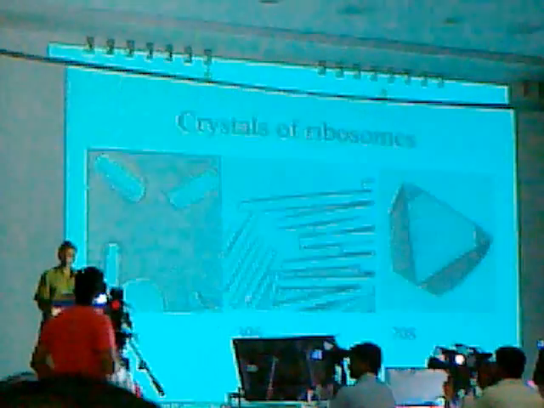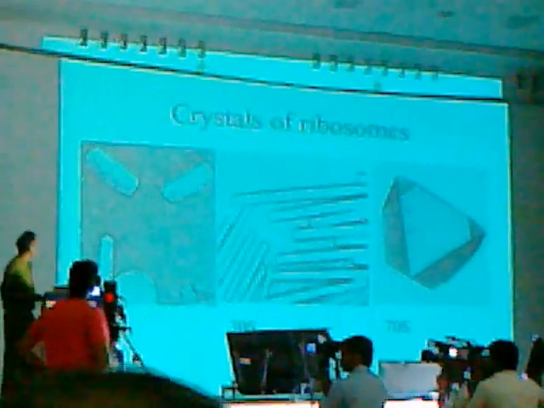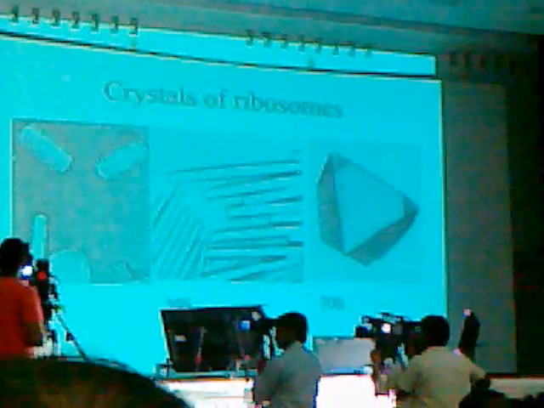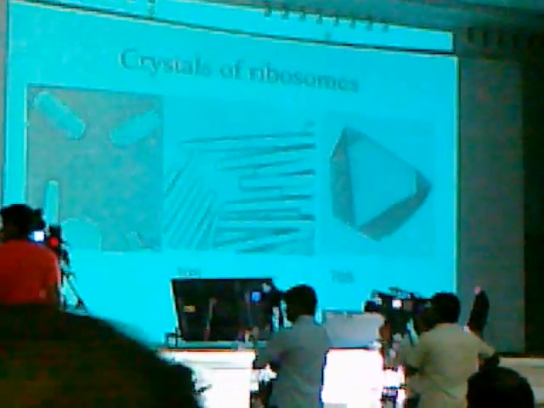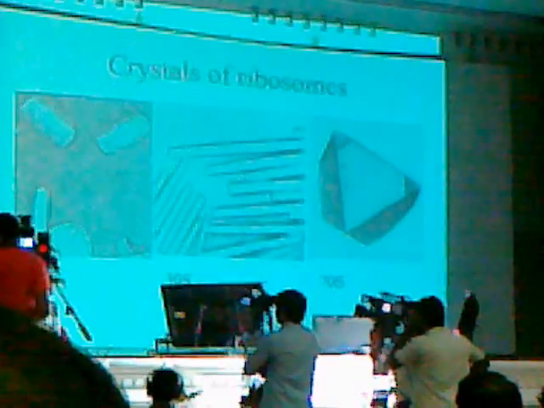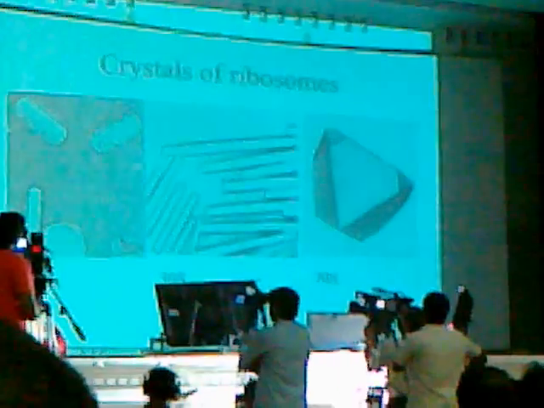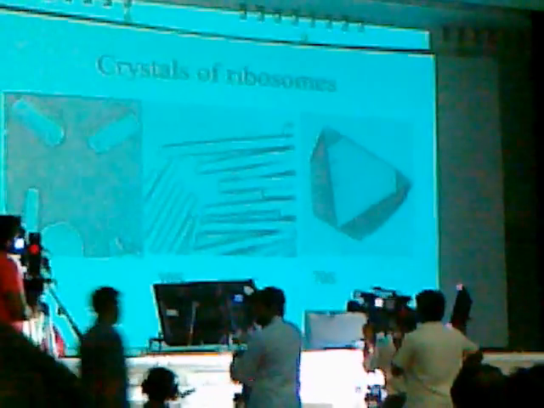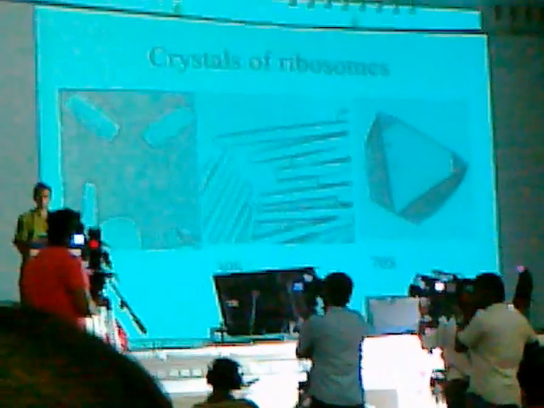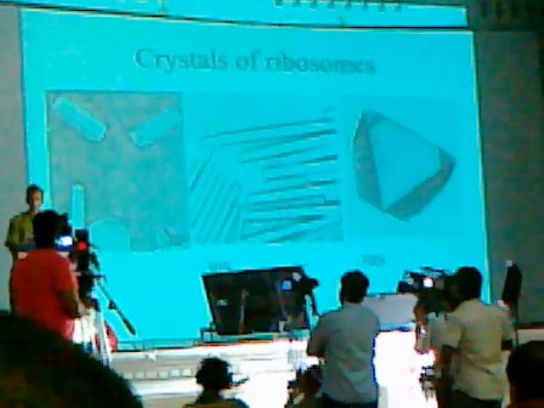Now, in order to do that for the ribosome, you need crystals of the ribosome, and the first breakthrough was made by Ada Yonath, who was here yesterday and produced crystals of the 50S, and then a group in Russia produced crystals of the 30S and the entire ribosome, and then a number of us had to contribute in order to eventually get a structure. Now, one of the things we needed